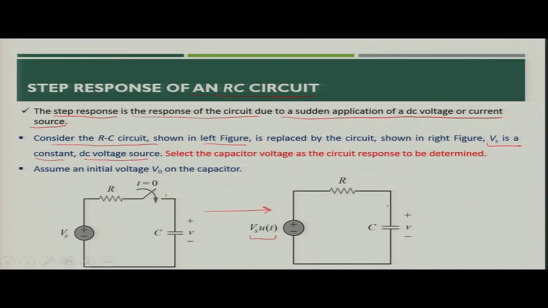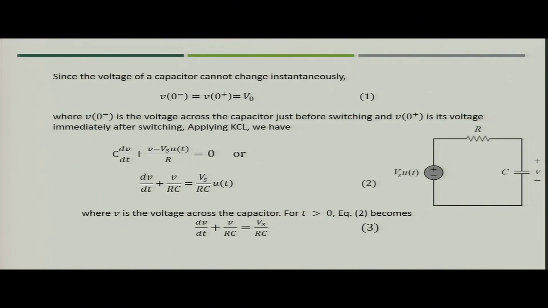Now, what we have to do? We have to select the capacitor voltage as the circuit response, which we have to determine. So, for determination, let us assume that the capacitor is initially charged with some voltage V naught. When you say that it is charged with some voltage V naught, we can say that at time